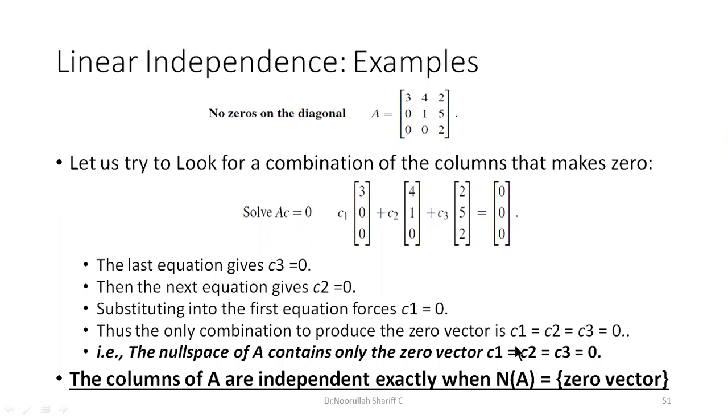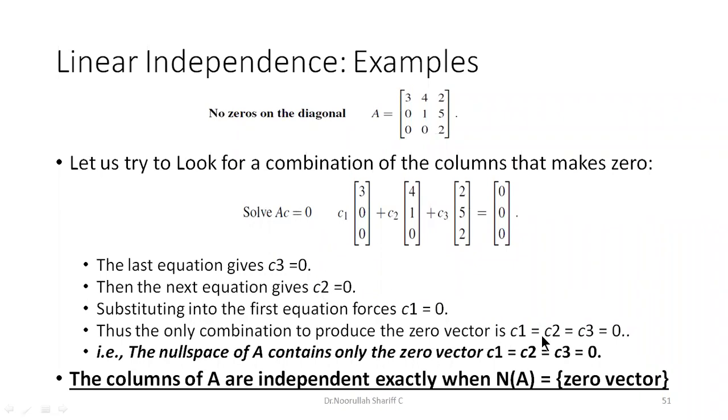So therefore, we know that if Ax is equal to 0, the values of x are going to give us the null space. If Ax is equal to 0, then the values of x will give us the null space. If Ac is equal to 0, and that's what we are writing out here, the values of c corresponding to that will give us the null space.